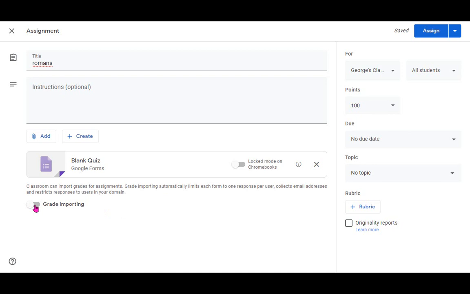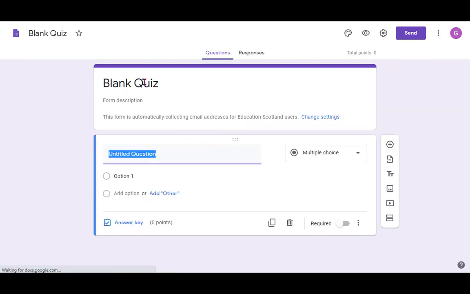We've also got this grade importing here, which allows us to overwrite this scoring here and the points and the rubric. It will allow us to overwrite that with the results that are gathered from the quiz. So if I open up that, select the quiz from here, again I can,